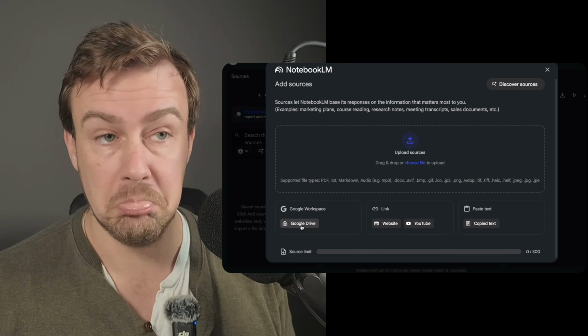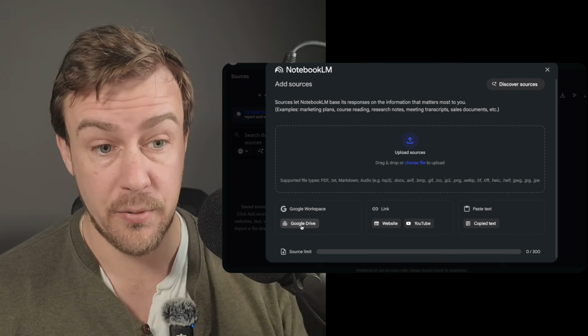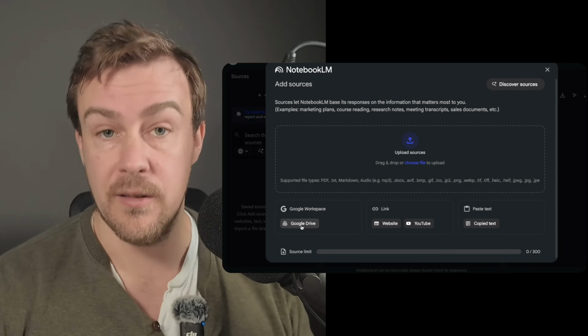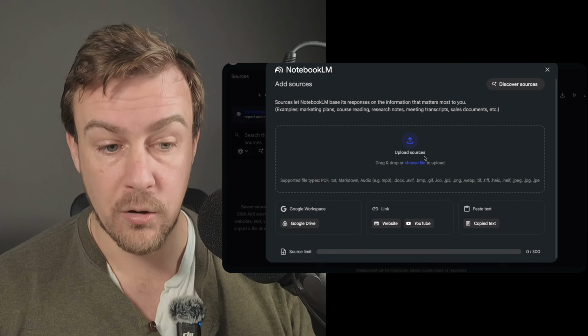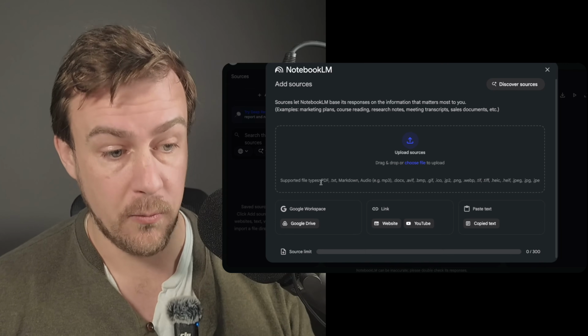You can also pull in documents from Google Drive. So if you have a bunch of documentation about your product, for example, and you want to bring it into a notebook, you can just pull everything in. Or you can drop in your own sources. So we have PDF,